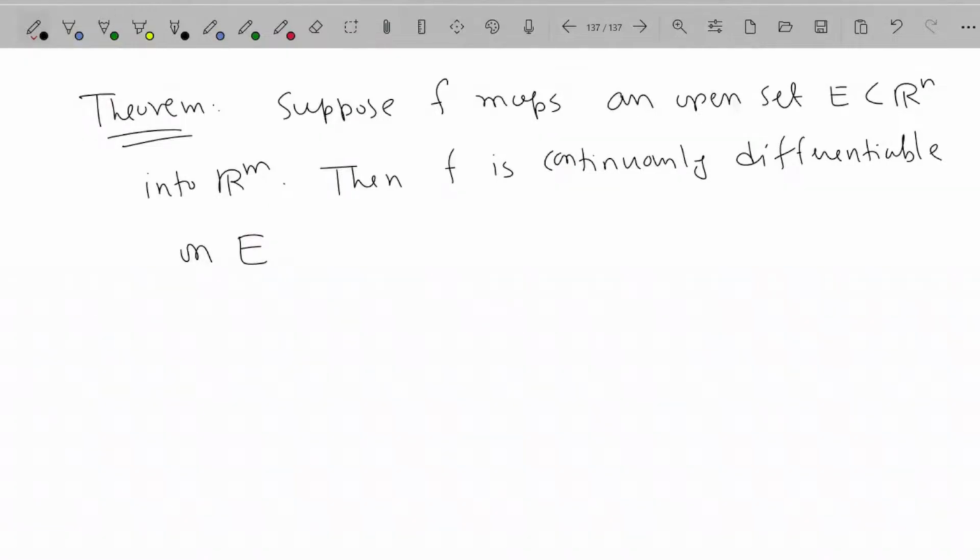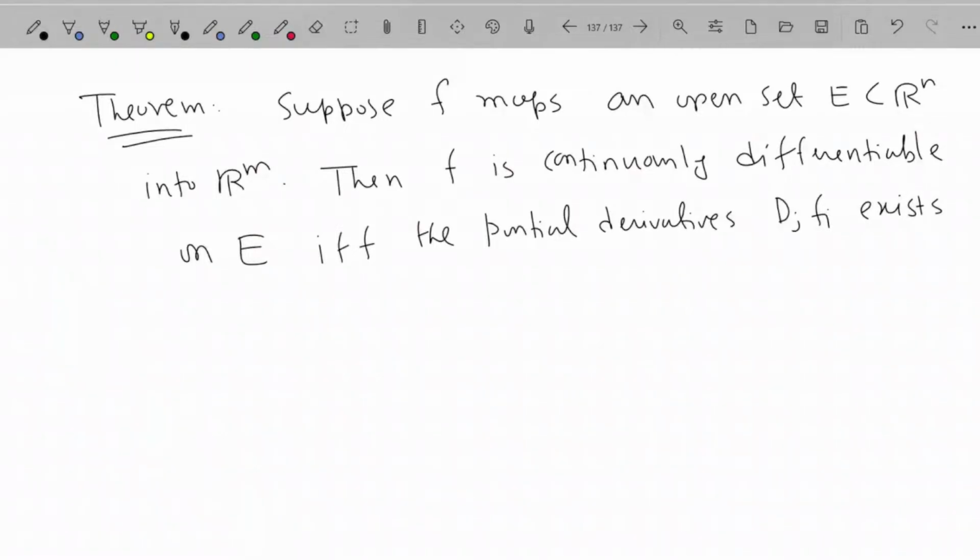So F is a continuously differentiable function if and only if the partial derivatives djfi exist, because all need to exist, and are continuous on E